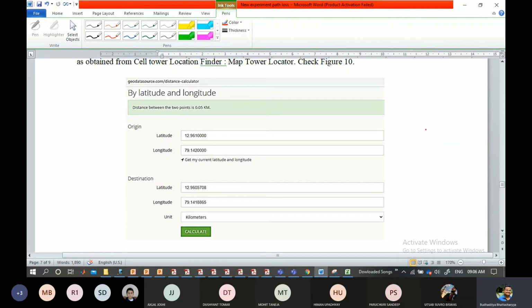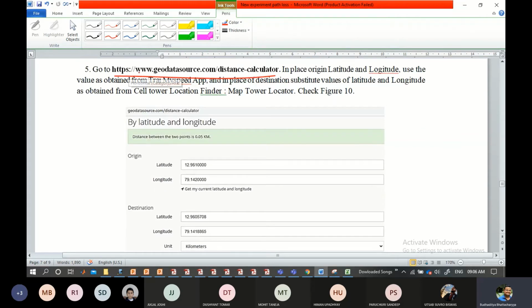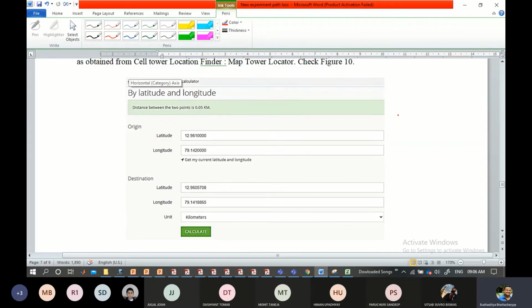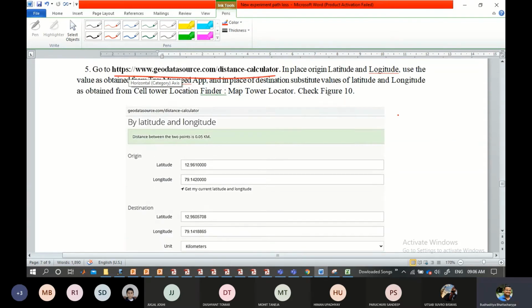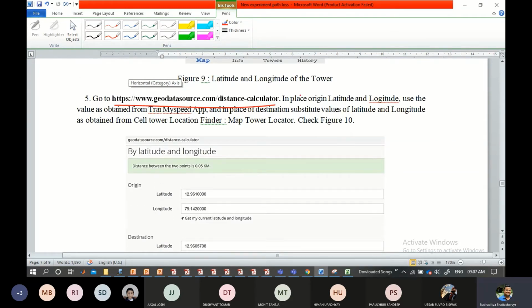Okay, it has a demo. You can just click on this link. You can copy it and see it for yourself, and it will look something like this. As you can see, I have given clear instructions here that in place of origin, the latitude and longitude should be the value obtained from the Try MySpeed app.